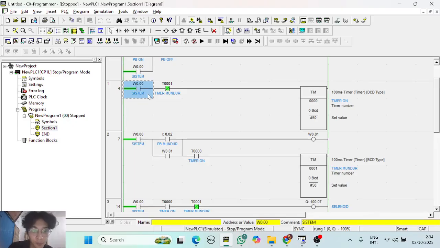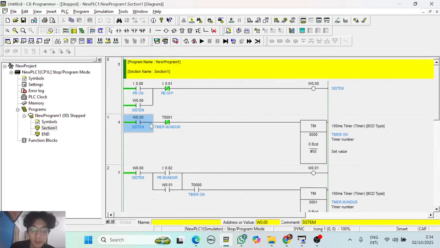In this rung, we put some status of system. If the system is on, the timer on will run.